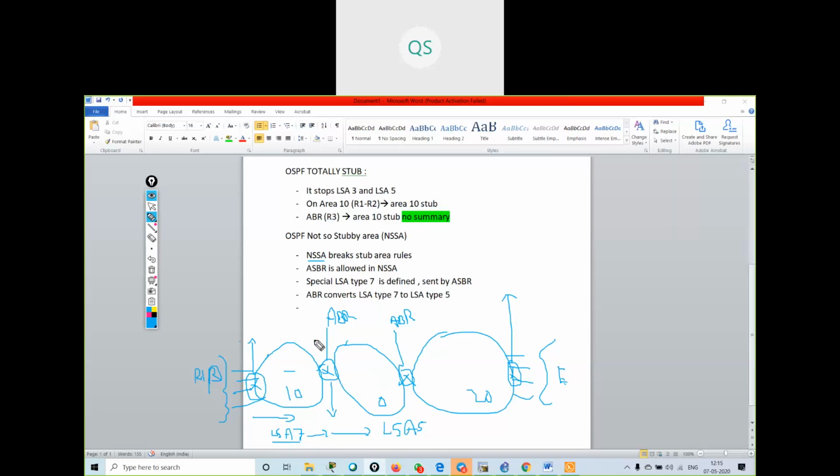So it will have only one default route information for all the external routes. Understood? See, when I do the practical, you will get it more.